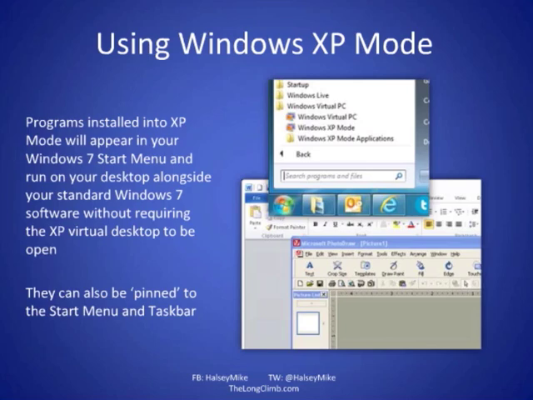But there are still no guarantees. I'll talk about that more in a minute. Now, the advantages of XP mode: it's great, because any software you install in XP mode, you don't need the XP desktop up on your screen, taking up space. Any software that you install will appear in the Windows 7 Start menu, and will run from that, and it'll look like XP on the Windows 7 desktop,